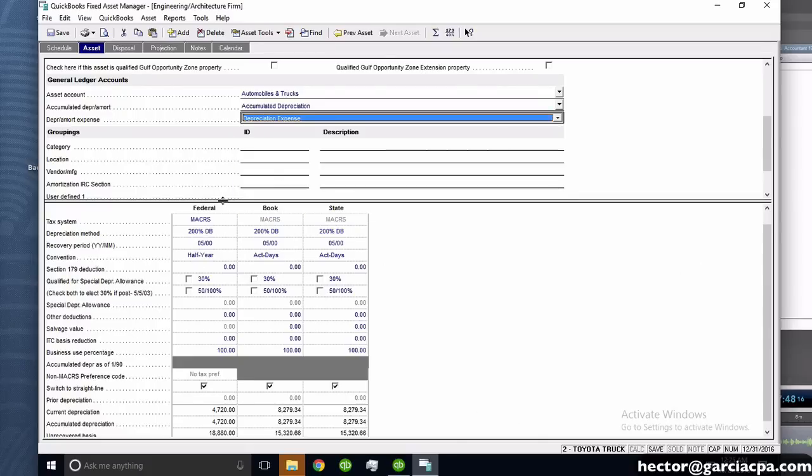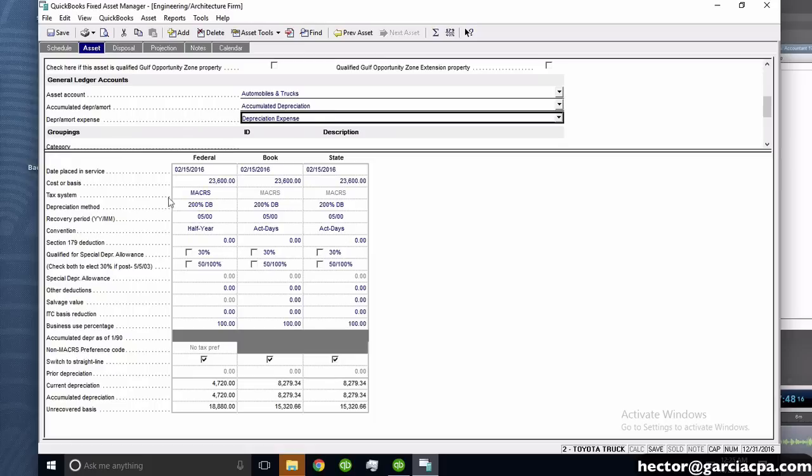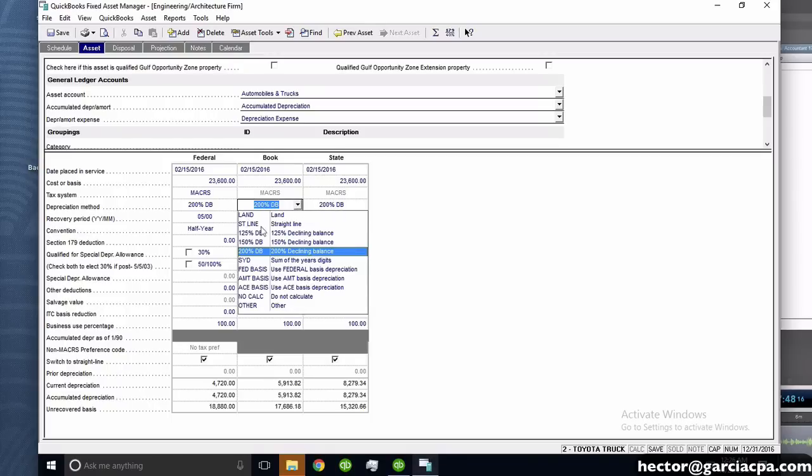Okay, and then down here, let's say for book purposes, a vehicle will last 7 years, and I'm not telling you that's the general rule or anything. I'm just saying let's just say that's how it works. We're gonna make this truck worth 7 years, but for tax purposes we're gonna do 5 years. And then we can also say for book purposes we're gonna use, let's just do it again,